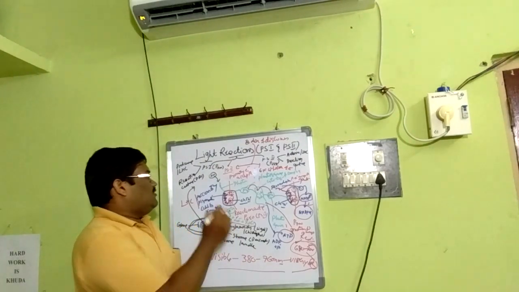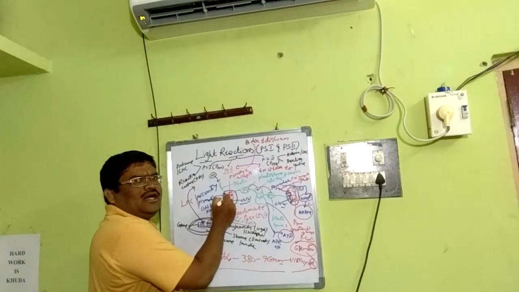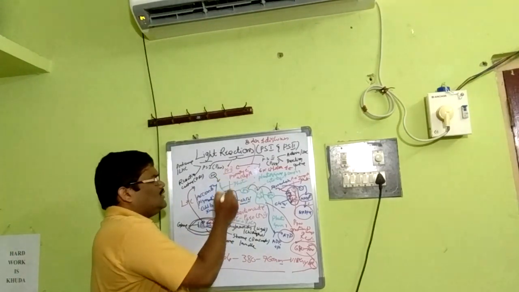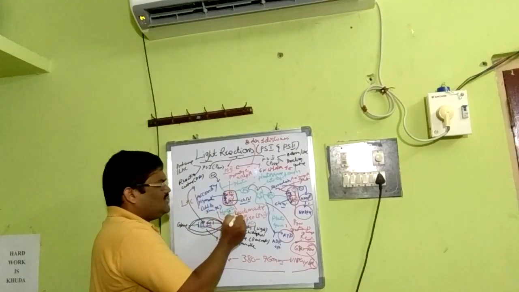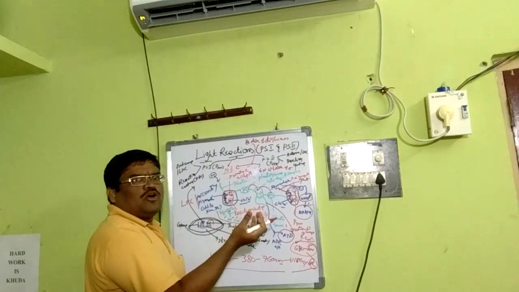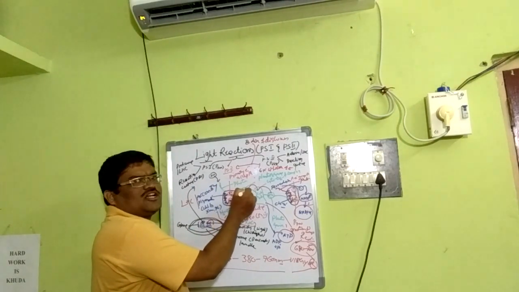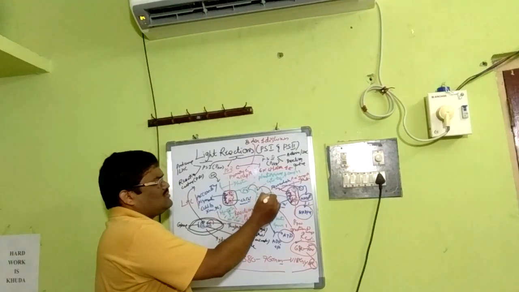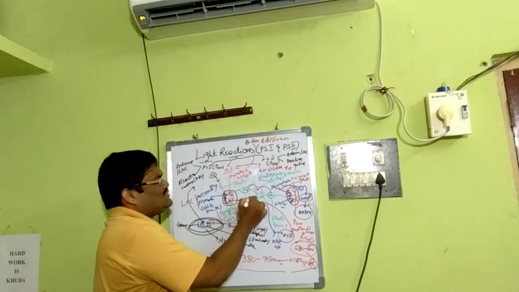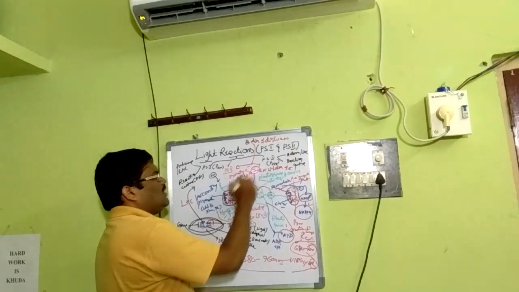How? The first concept is the same. The photon enters the antennae or light harvesting complex of photosystem 2. The reaction center contains P680, that means chlorophyll A, which can absorb at 680 nanometers. Then it reaches the primary acceptor, then the electron transport chain, that means plastoquinol, then the cytochrome b6f, then the plastocyanin. This is called the Z scheme.